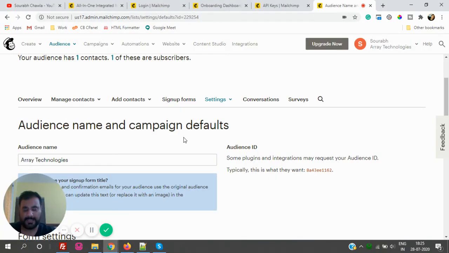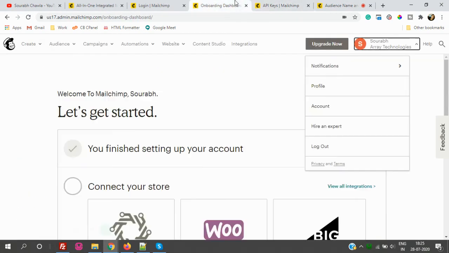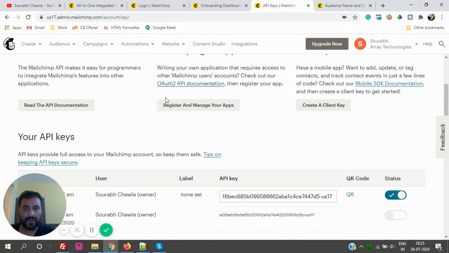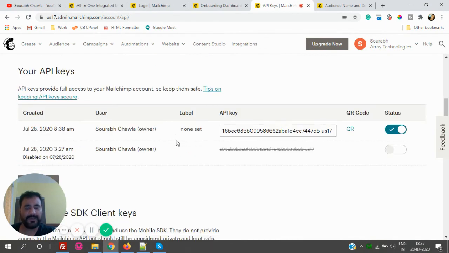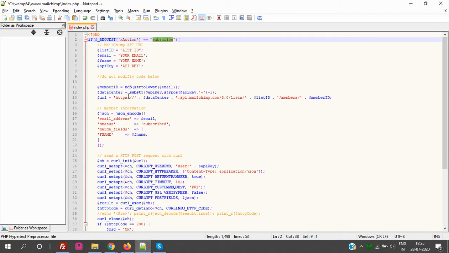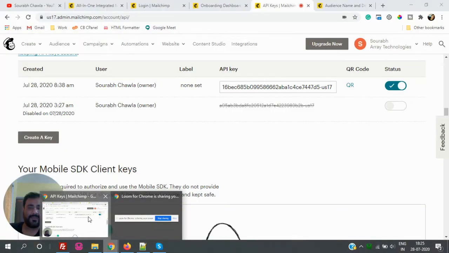What you have to do is go to Mailchimp, log in, then go to the account section here, as I mentioned. In the account section, you click on Extras, and once you click on Extras, you go to API keys, and from here you can create an API key. You can grab this API key and put it in the piece of code or any other language that you are using. And then the other important thing is that you need an audience ID.